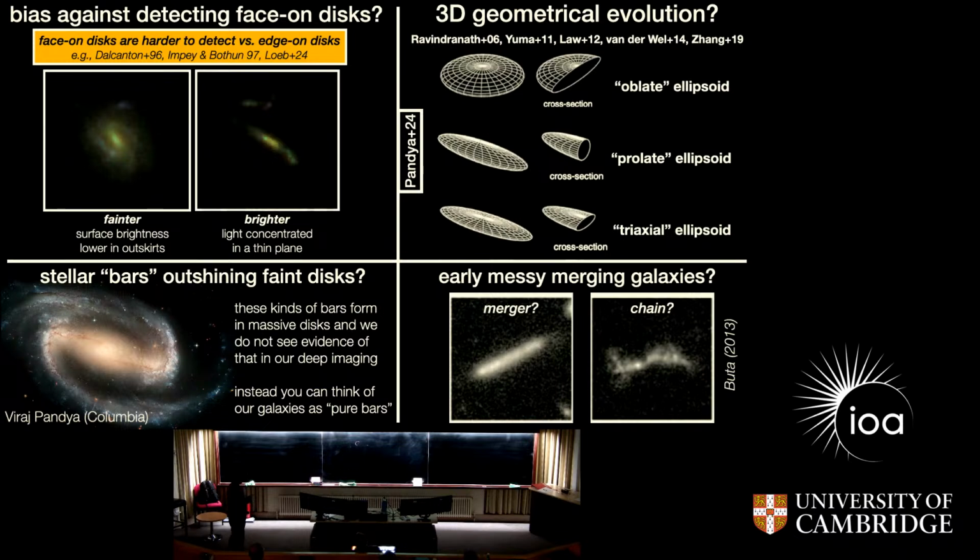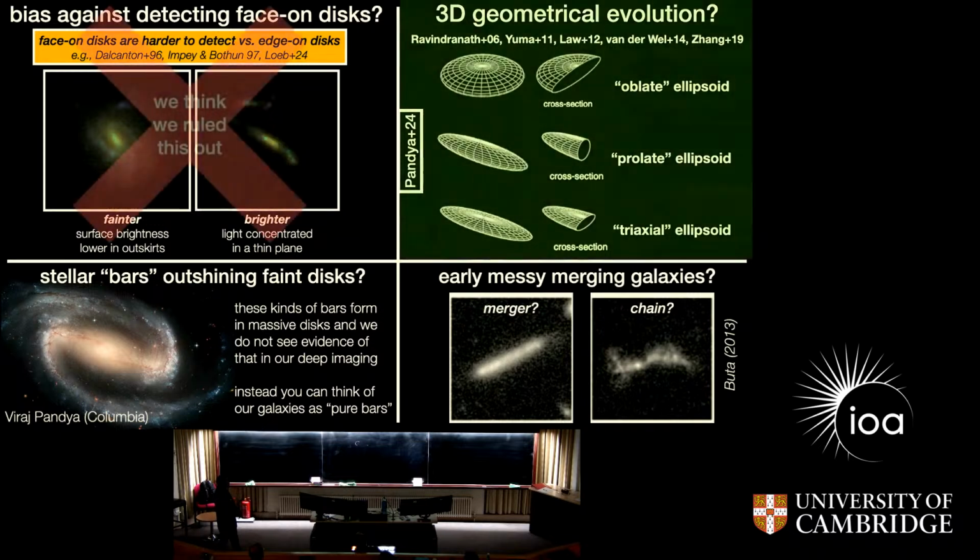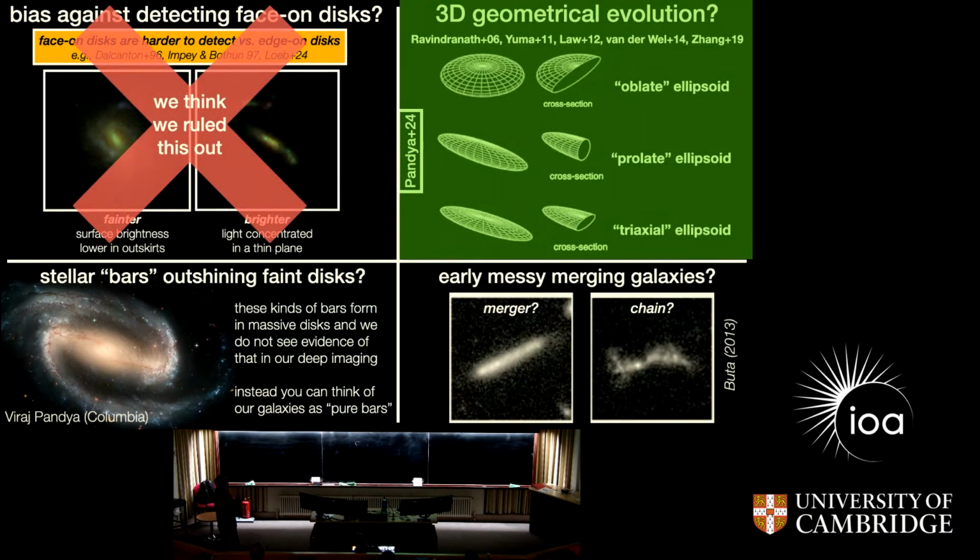So we have thoughts and ongoing projects to try to address all of these interesting and exciting explanations. One thing I'll just say is, we think we've ruled out this explanation on the top left. With James Webb, it's such a big telescope, so sensitive, that if there were large face-on spiral galaxies, we should have seen them. We understand the limits of our data. And so we think we rule this out. And I want to dig in a little bit to this